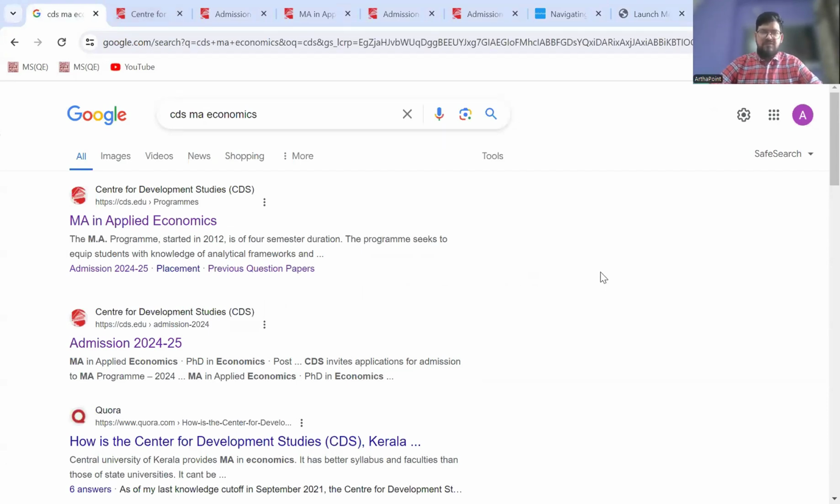So in today's session, we'll discuss the Master's in Economics course offered at CDS, or Center for Development Studies, right? The Center for Development Studies offers a Master's course in Economics, which is known as MA in Applied Economics. Okay? So that's the overall name of the course that CDS offers. Now let's get into the details of exactly what the scenario is this year in terms of admission at CDS,